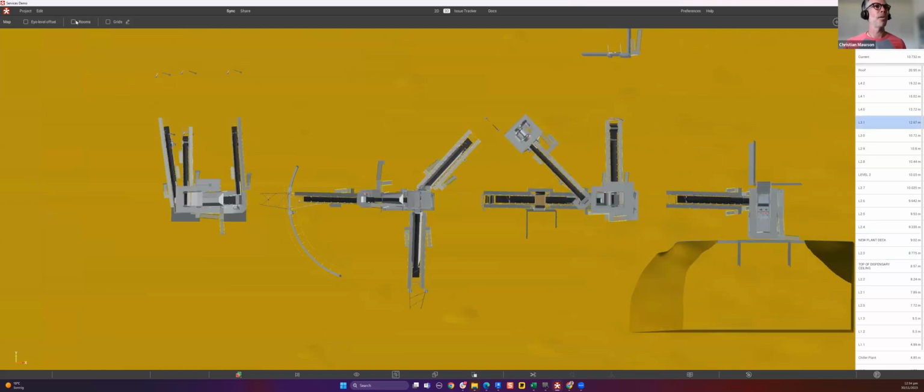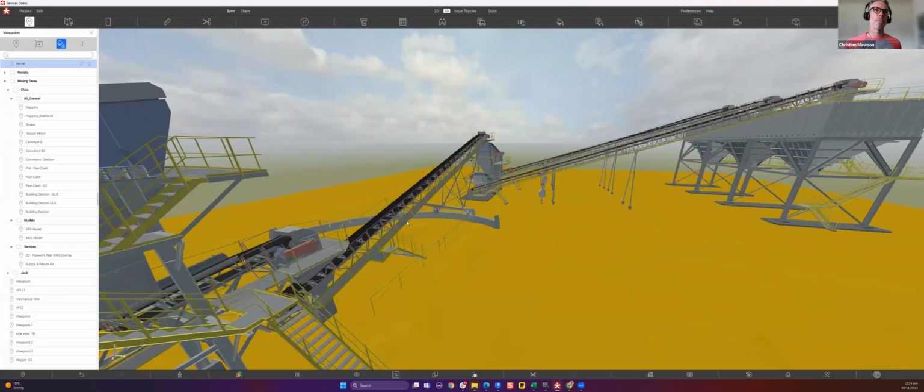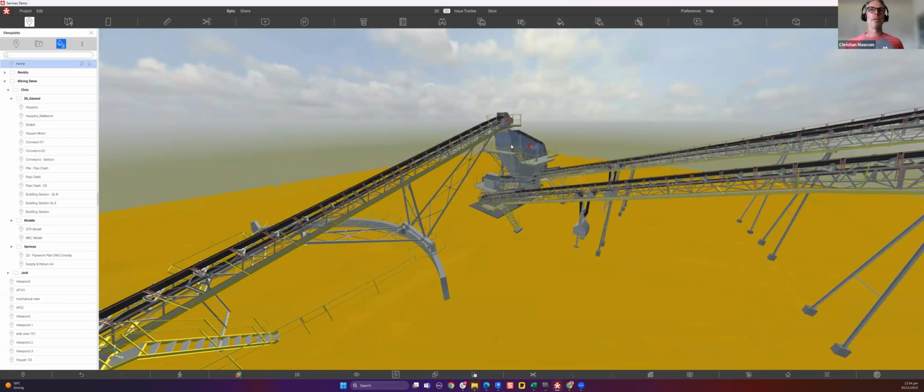You'll see the models changing as I flick through the levels. If you've got rooms in the model, these will show up. If you've got grids as well, really useful on an iPad when you're on site, so you don't have to navigate around pushing your thumb around. You can teleport to the various locations just by double clicking, right? So I've just jumped into the model